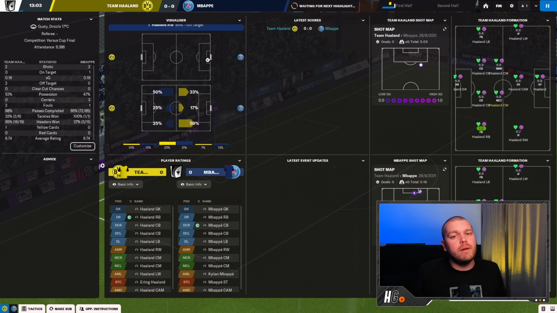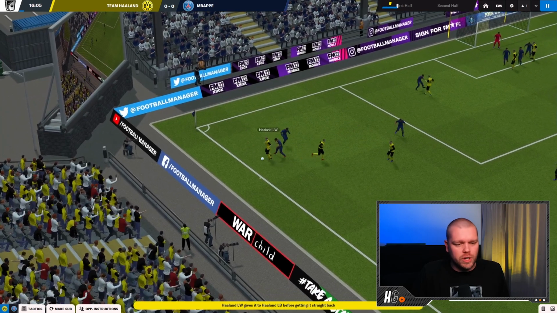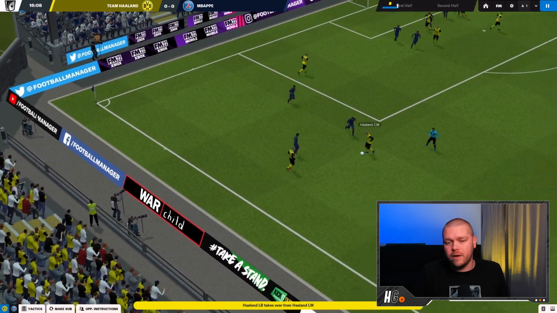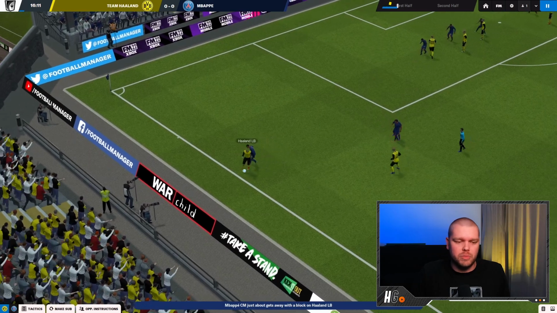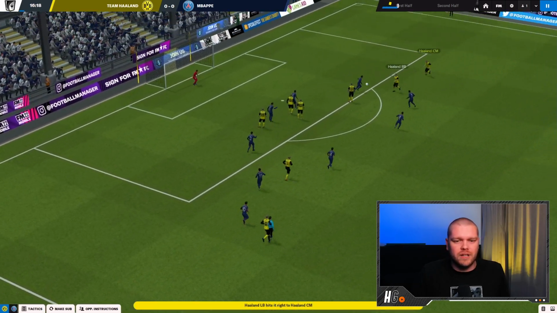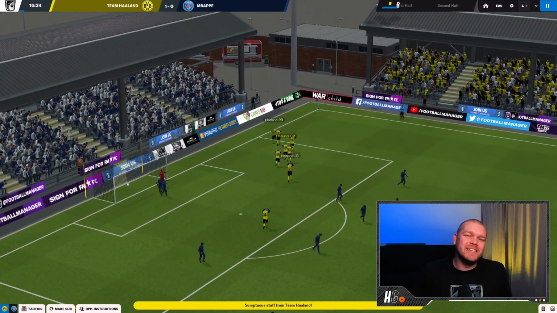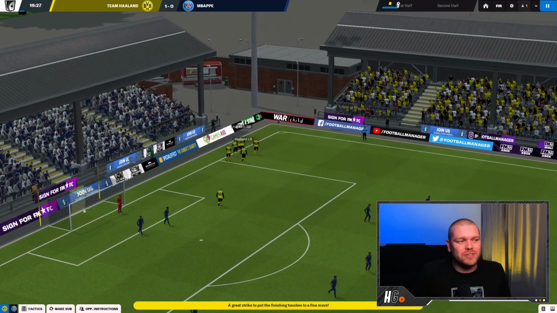57% possession for them. I will say at the start of the game, Kylian Mbappe is the better player. Now, whether or not that means you'd want to go out and sign him out of the two of them, that's completely up to you. But I would say Kylian Mbappe is the better one out of the two at the start of a save. But we've all seen Erling Haaland get very good in this year's FM,